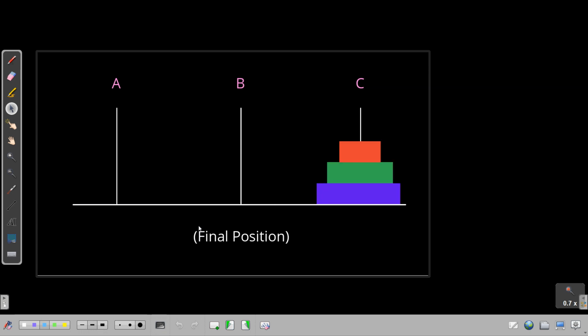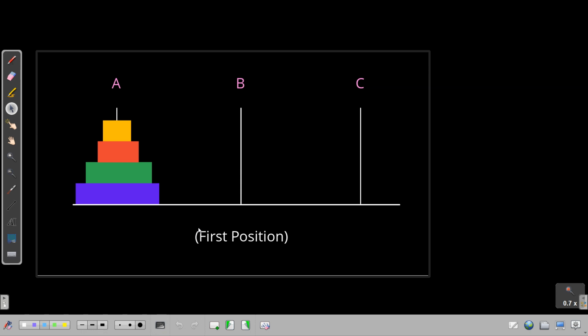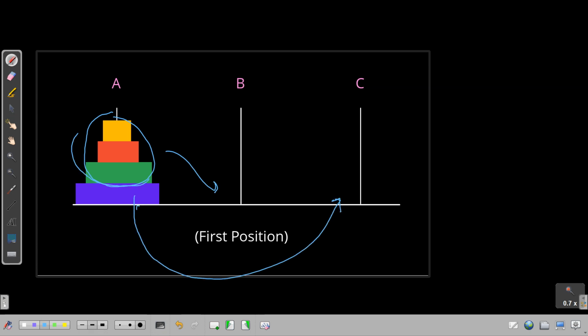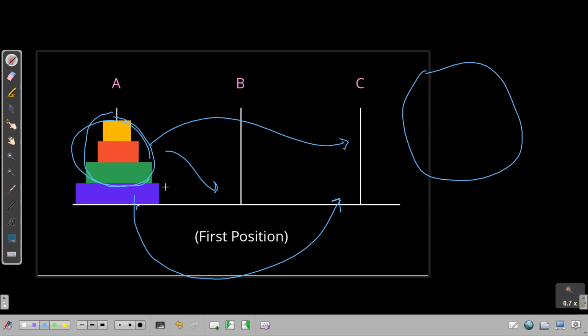Right? Next, suppose we have 4 blocks. Now you can guess, we can move these 3 blocks to this position first. We will move this block to this position, then after that you can move these blocks back to this position. So there are so many steps that are involved, but I have just converged them. Which steps have I converged?